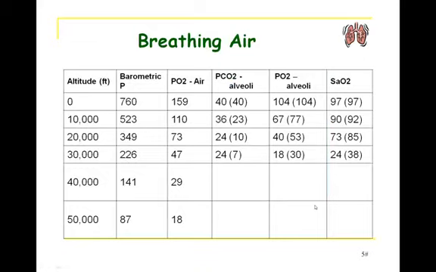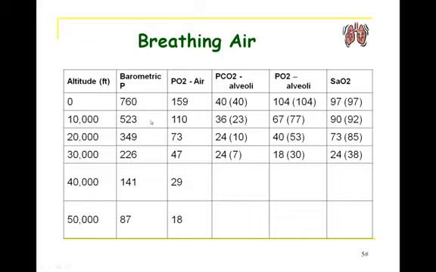Now, this graph that's in your notes shows you the relationship between the altitude, barometric pressure, partial pressure of oxygen, CO2, and over here the saturation of hemoglobin with oxygen. So here you see what you see at sea level. Now you notice once you start going to higher altitudes, look what happens to barometric pressure. It steadily declines. And therefore, because of Dalton's law, you can figure out the partial pressure of a gas if you know the barometric pressure and the percentage of that gas in the air that you're breathing.